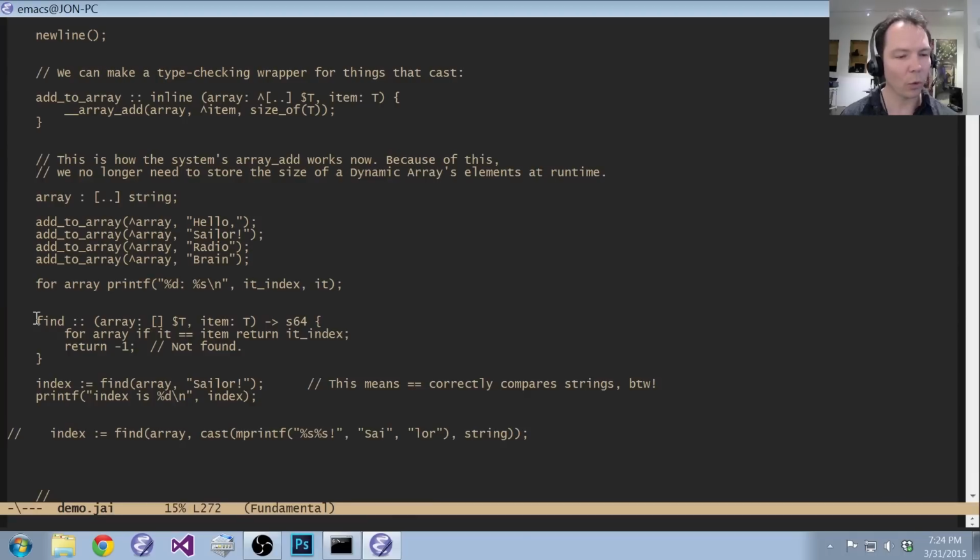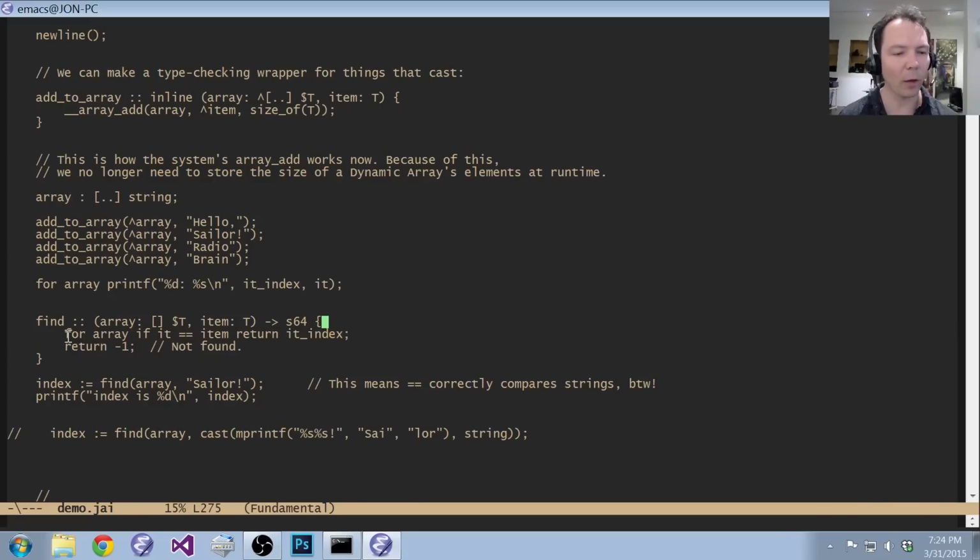And then we're going to write a find function, right? So here's find, an array of any type and an item of that same type. And we're returning a signed 64-bit index into the array. It's just signed 64 just because it might be a really big number. And I don't like to use unsigned unless there's really a reason for it, because signed is more natural, I think. We'll see. That's a whole discussion that can happen some other time. But anyway,